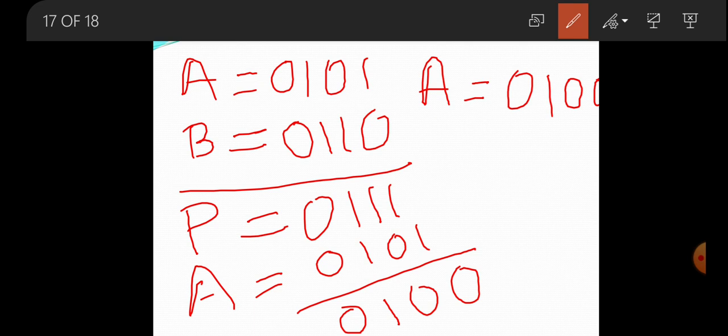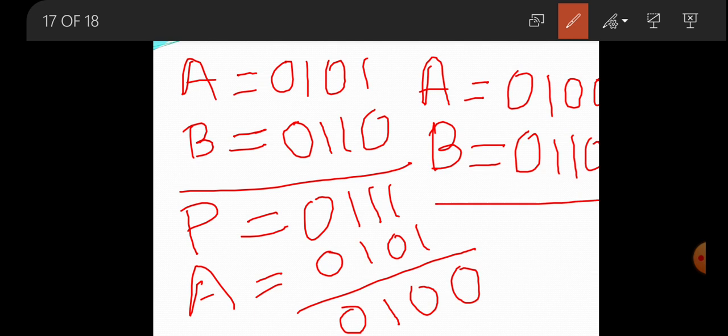So we need to recalculate the pattern. The new code corresponding to A is 0100. B's code is not changed, hence it is 0110. Now take the logical OR, you will get 0110 as the result. Its corresponding decimal is 6.